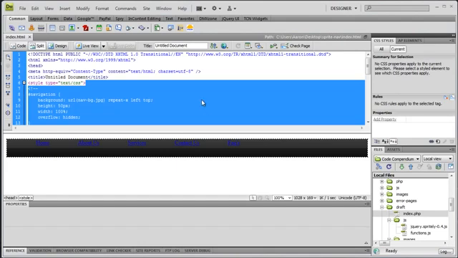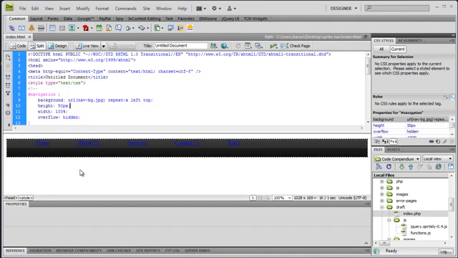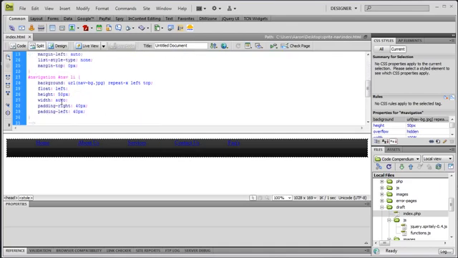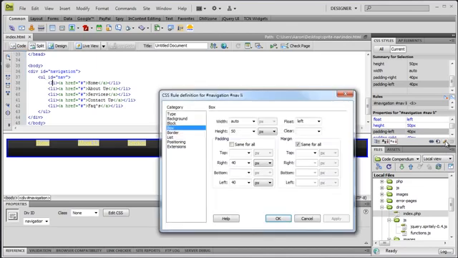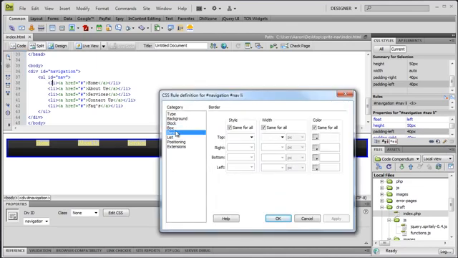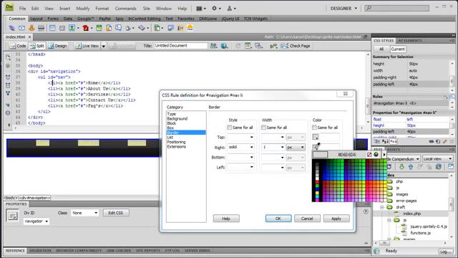Okay, let's get back into Dreamweaver and let's apply a border so that we have an edge on each one of these in between the elements. So we'll go back down here, select our list element again. This time we don't need to create a new CSS rule, we just want to edit the rule we've already created. So let's go to border and uncheck these. We're only going to have a border on one side. We're going to put a border on the right side, and it's going to be a solid border. We're going to make it 1 pixel, and we will make it